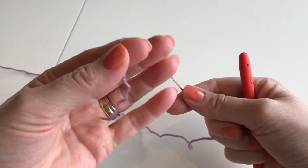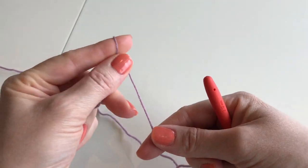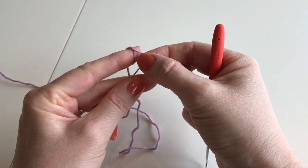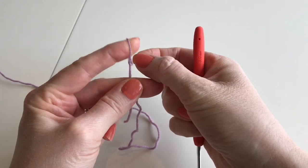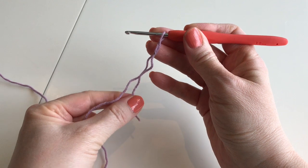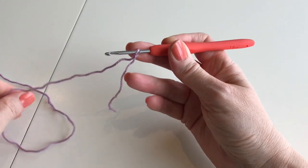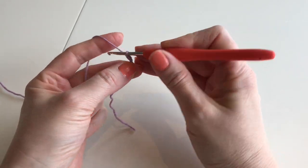You grab the yarn and you have the short end in your one hand, and then you wrap the yarn around your finger 2 times, and then you take the one yarn over the other like this 2 times. You put the hook in it and then you just pull to tighten it. So not that tight, but like this. And you make stitches in a chain